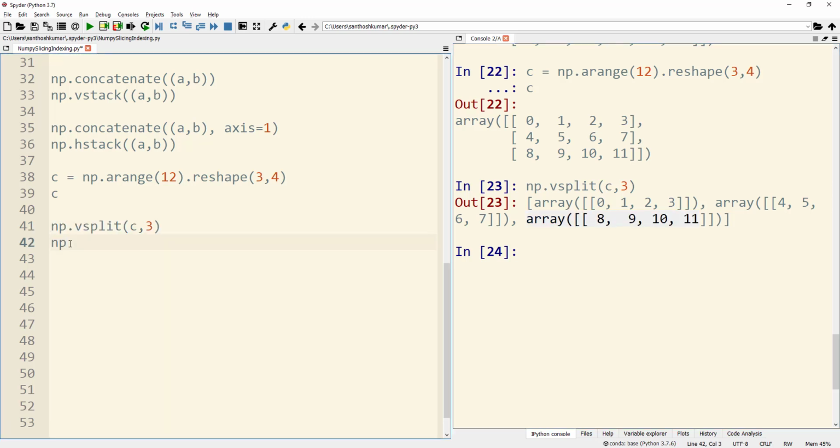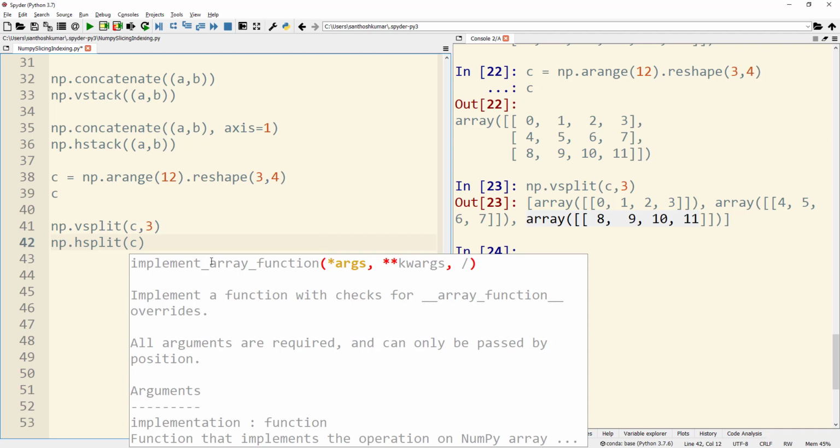Likewise, I can also use horizontal split. So here I can use np.hsplit, and for horizontal split I can just give the value as 2, because I can split this C array into 2 arrays. So the first array can be having 3 rows and 2 columns, and the second array can be having 3 rows and 2 columns.